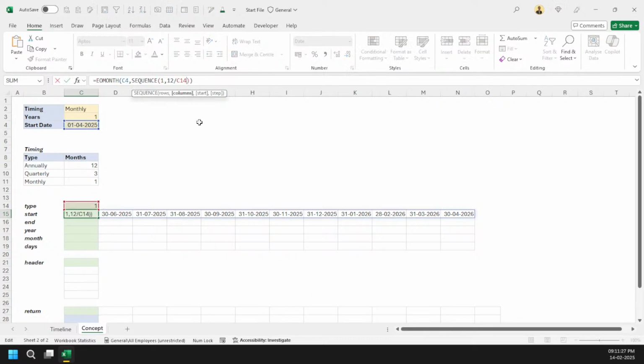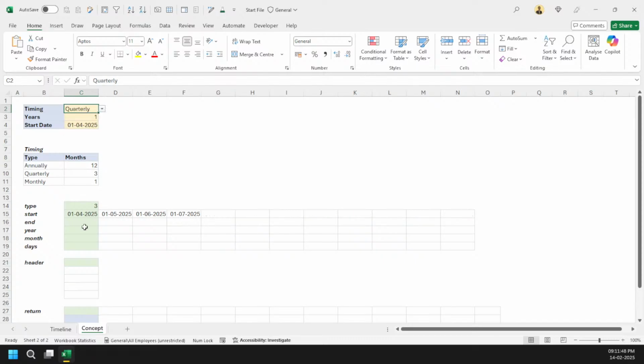So instead of writing -2 here, I can directly start with -1. Now you can see I am starting from March. And then finally I can come here and just say add 1 month. Got it? Now let's see what happens if we go for quarterly. It is still giving me months, but at least it is just giving me four values. If I make it annually, it is just giving me one value. So at least one thing is solved, that we are spilling dynamically and only the values which we want.